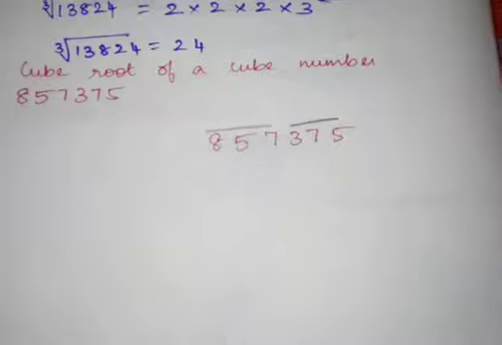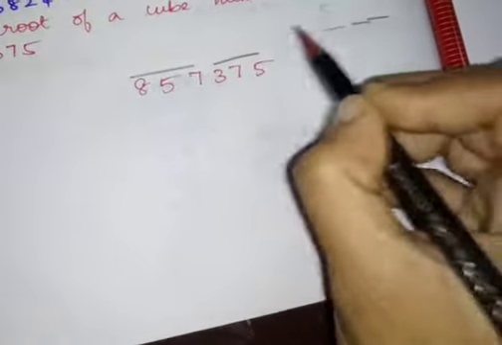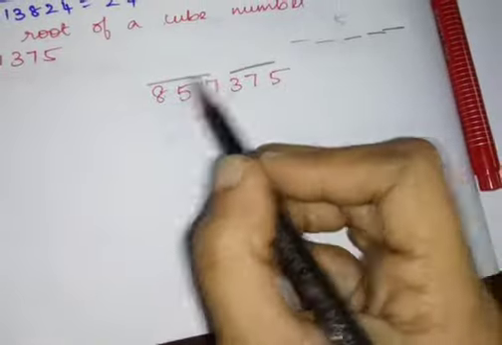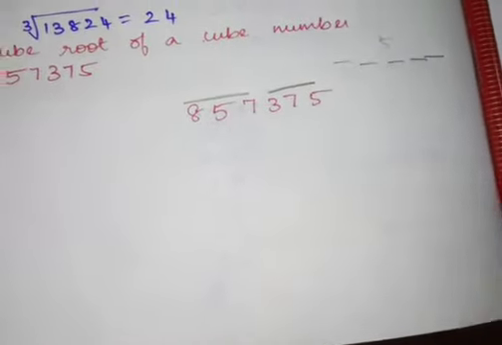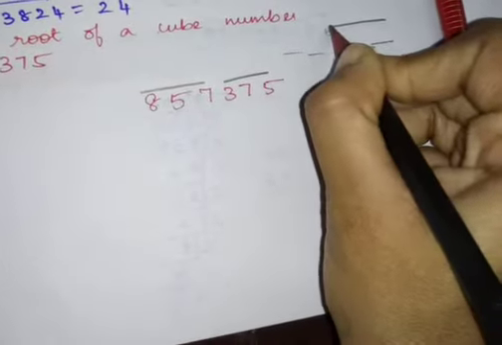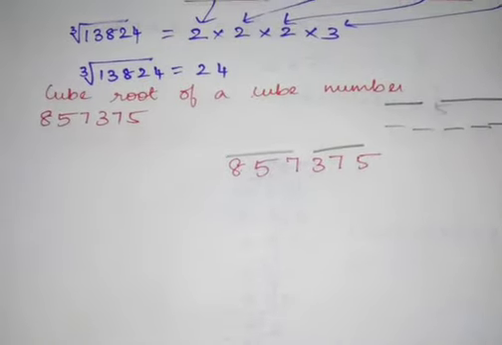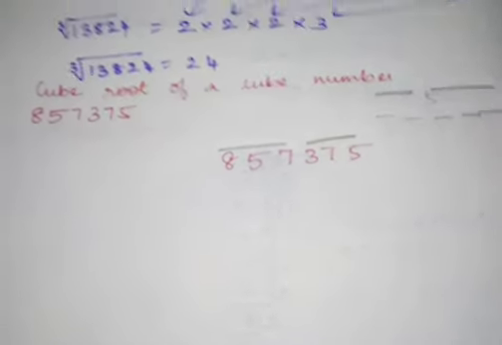For example, sometimes a number may have 5 digits. This is a 6-digit number, so it forms 3 groups of 2. If it is a 5-digit number, you should start from the rightmost corner. First you group 3, then the next 2 you group. Like long division, where you group in 2s, here you should group in 3s.